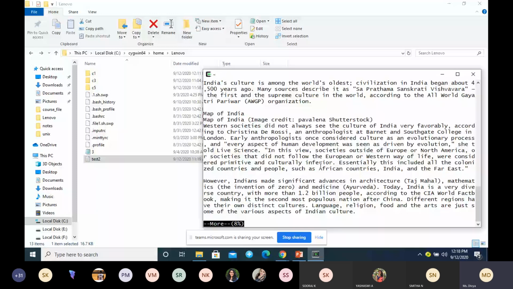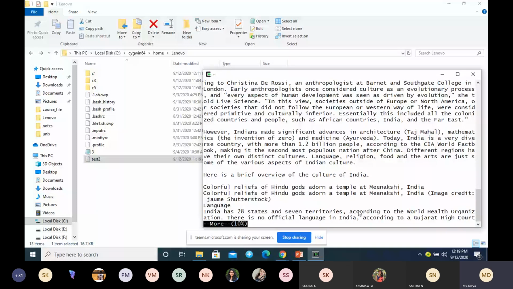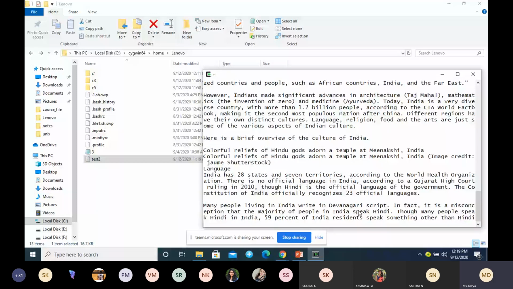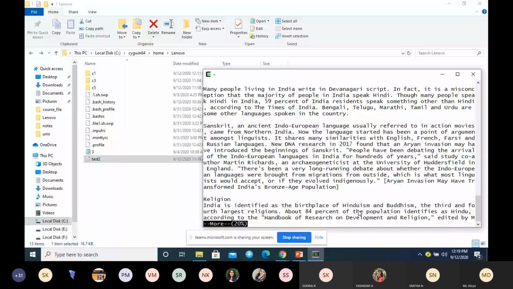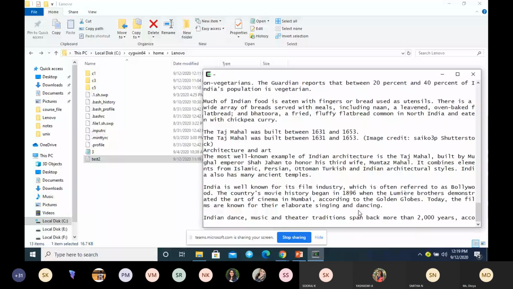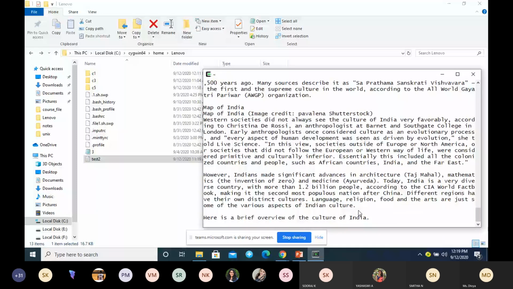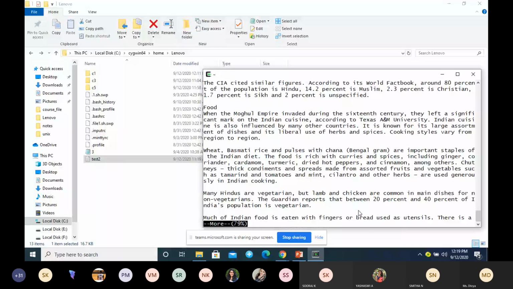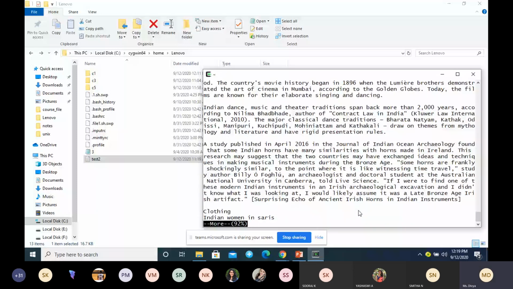Then you press the enter key, and the percentage increases to 9%. Keep pressing enter: 11%, 12%, 14, 18, 20, 22%, and so on up to 97, 98, 99, 100%.